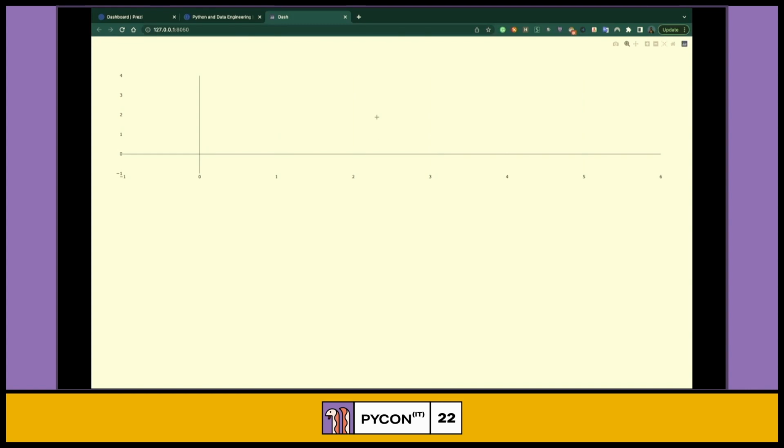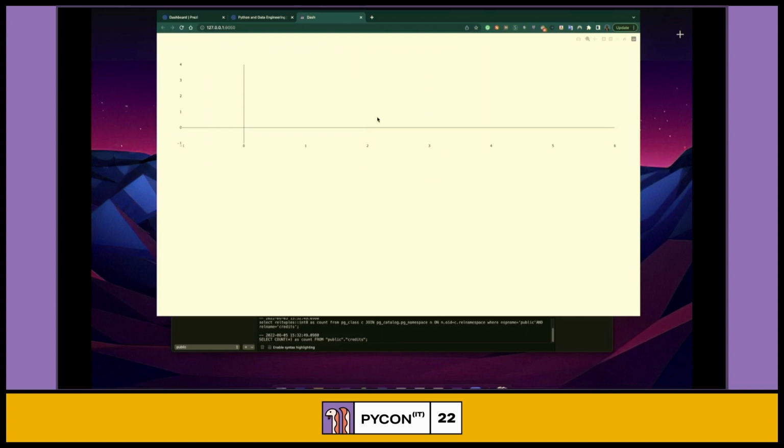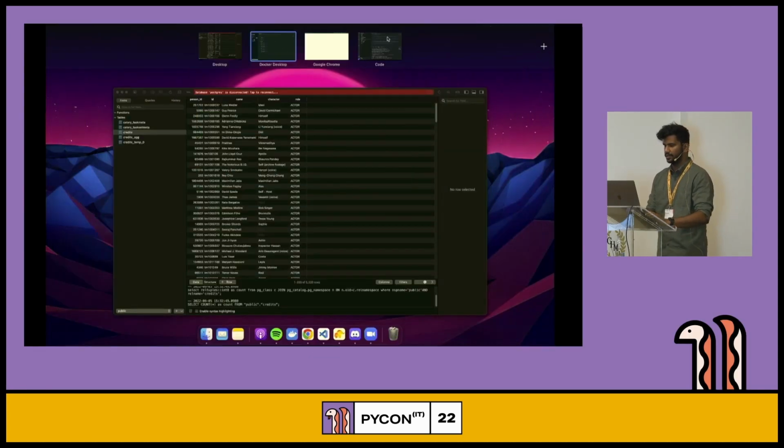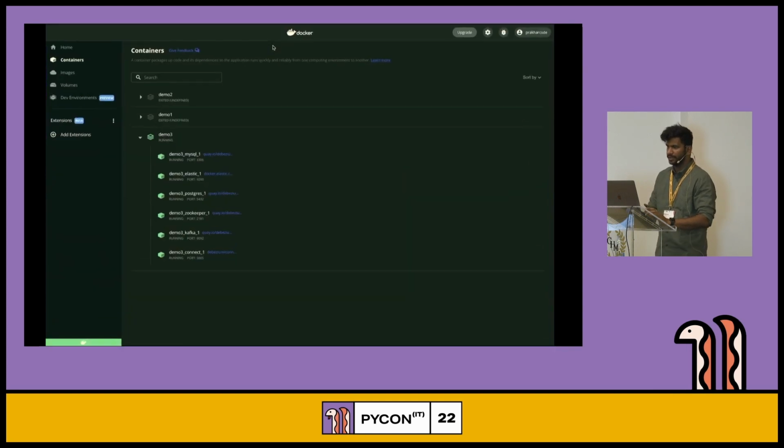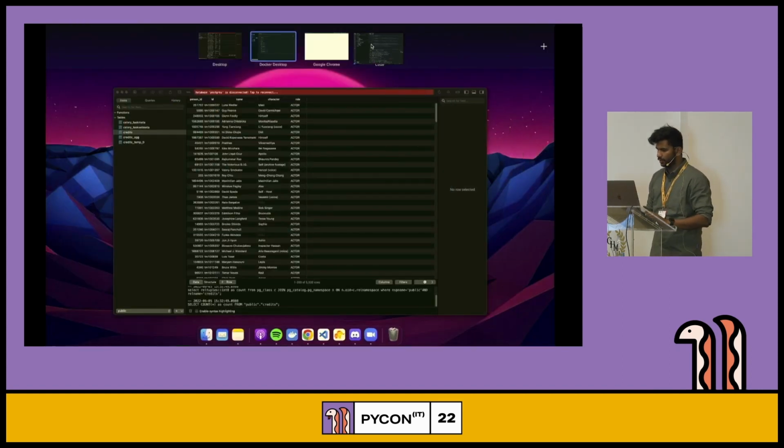So right now there's nothing in the dashboard, and you are not able to see any sort of analytics going on. I'll just start a script which would be feeding random numbers to our MySQL database, and at the same time you would be able to see the analytics that are driven from Postgres.